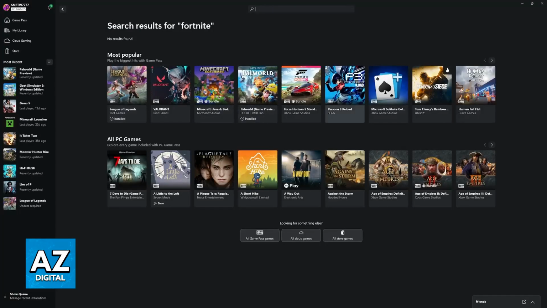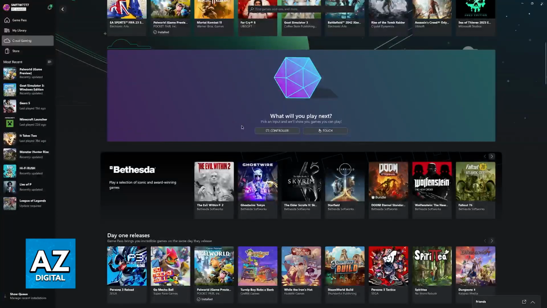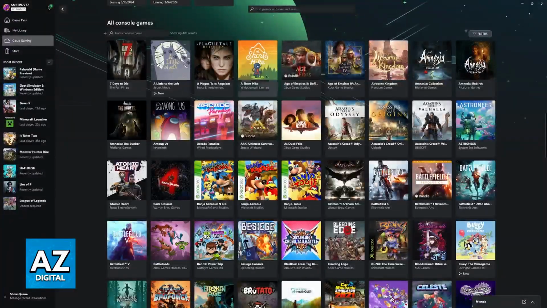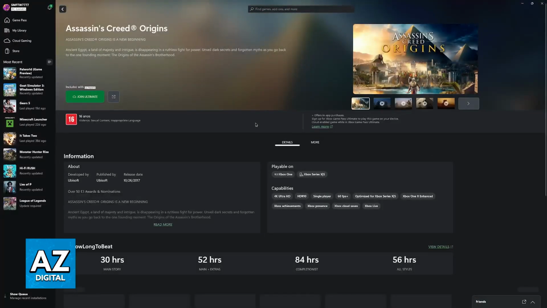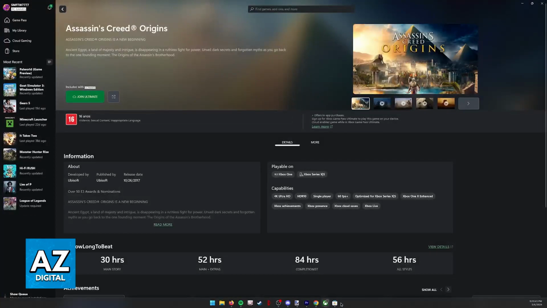You can look for them, and as you can see, Fortnite specifically is only available on a web browser, so keep that in mind. I assumed it was going to be here, but it seems like there are differences. Once again, in the Xbox app, you will be able to select any game available here to play it over cloud. Now, for most of these available on the app, you are going to need the Game Pass subscription. Fortnite is an example of a game that doesn't actually require the subscription.